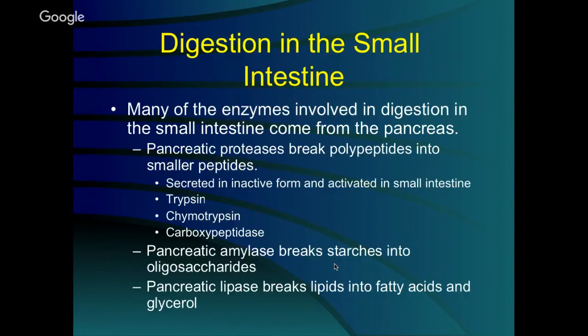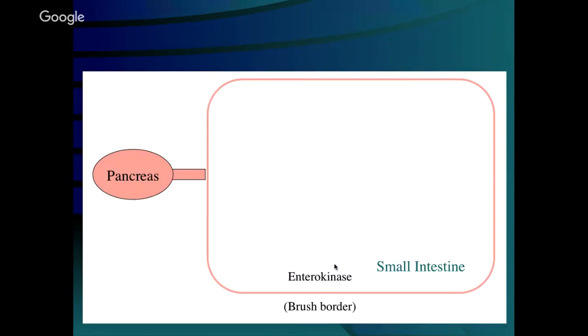So of those three, only the fats are actually able to be absorbed after the action of the pancreatic enzymes. Oligosaccharides and peptides are too big to be absorbed, so they still have to be broken down more. Before we get into how we break them down more, let's just take a quick look at how we release